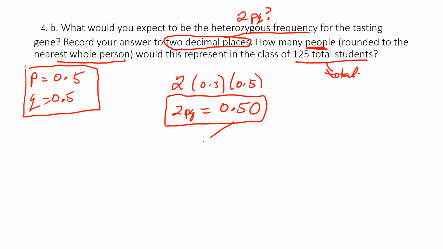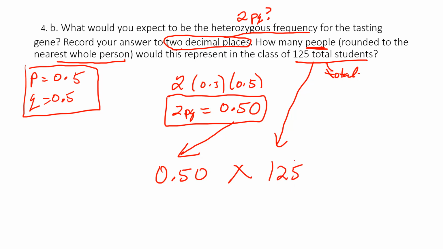What you do is you take your frequency of the decimal for the heterozygous, which is 0.50, and simply multiply that by the total number of individuals in the actual study. So that would be 125. Okay, so when you calculate that, I believe it comes out to something like 62.5. But we want to take a look at the number of whole people. We don't want half people. So we're going to take that 5, round it up to 63 actual students